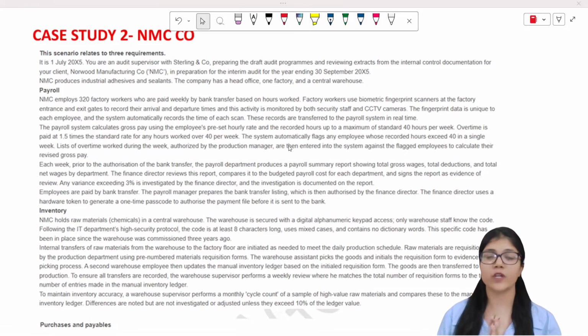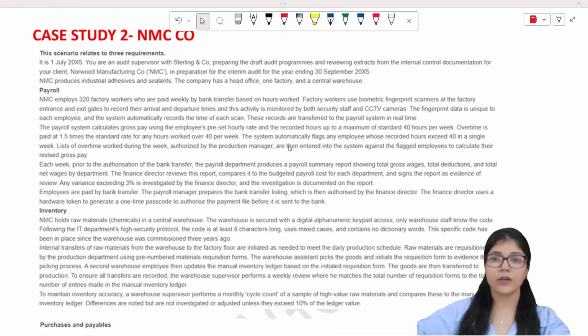Today, we are going to solve question number 2, which is in relation to your internal controls. It's a classic 20 marker question which comes for internal controls. So we are going to do that, and I'm going to explain to you how exactly you should be approaching such types of questions. All right, so let's begin without any further time wasting.